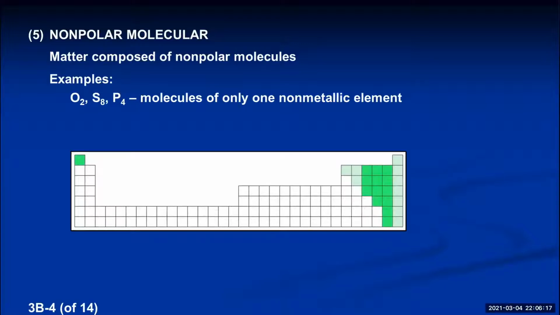All these nonmetals, when they're in their elemental state, whether it's elemental sulfur, elemental nitrogen, or elemental chlorine, I don't care which one it is, they exist as little unique molecules that you can draw a Lewis structure for. And in fact, we've learned what many of them are. We talked about in our first unit that nitrogen, oxygen, fluorine, chlorine, bromine, and iodine, plus hydrogen, always form diatomic molecules. So any sample of those elements is millions and millions of diatomic molecules. So they're going to fit into this category of nonpolar molecular. Especially for next unit, you need to know what elements form diatomic molecules. There are 7 of them.